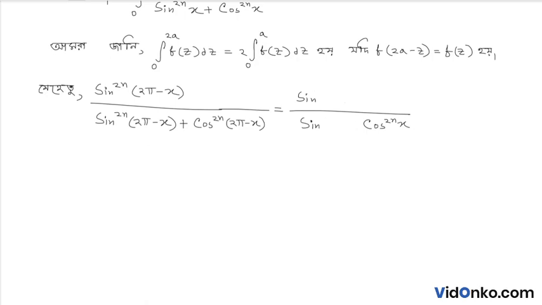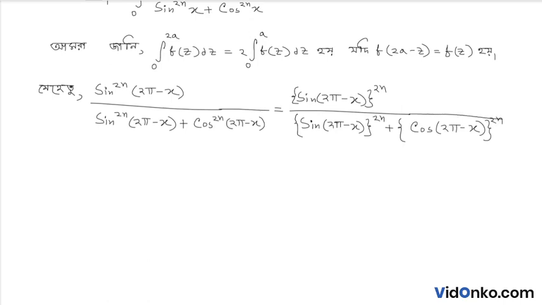এটিকে আমরা এইভাবে লিখতে পারি: sin(2π − x) whole to the power 2n by sin(2π − x) whole to the power 2n plus cos(2π − x) whole to the power 2n। তাহলে আমরা এখানে কি লিখতে পারি, sin to the power 2nx by sin to the power 2nx plus cos to the power 2nx।